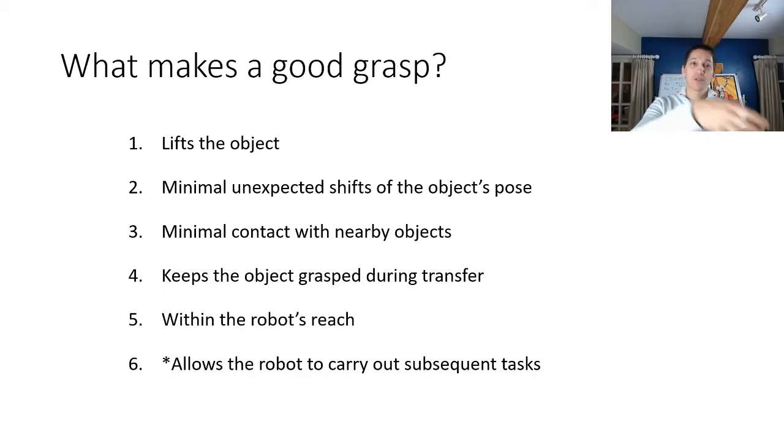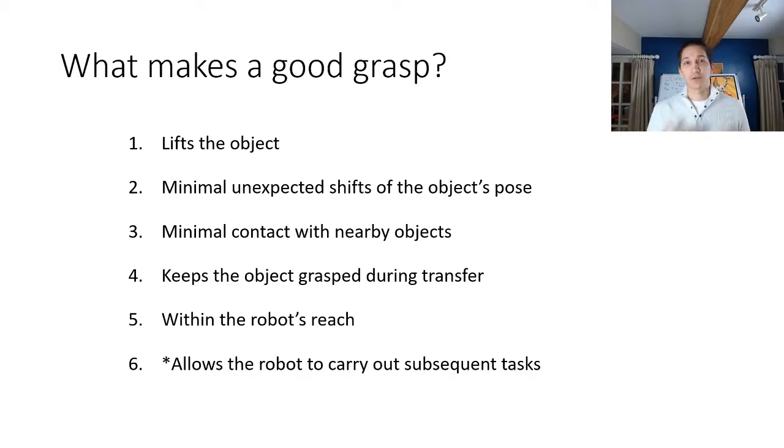Also, we need to think about what's going to happen after I grasp the object, and so we want to make sure that the object stays grasped during transfer. So if I want to move it from place to place, I don't want it to then slip out. The grasp also should be within the robot's reach, and also we should be able to carry out subsequent tasks